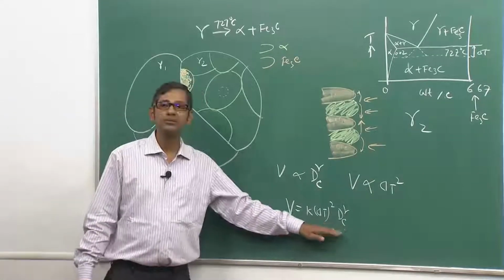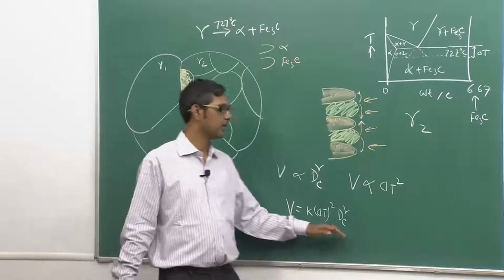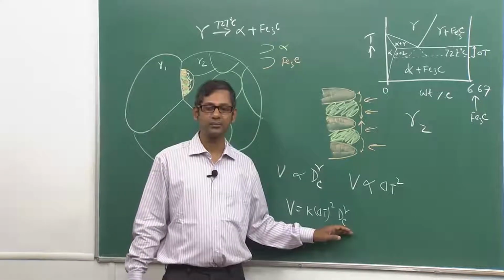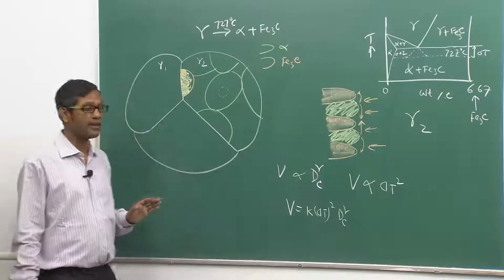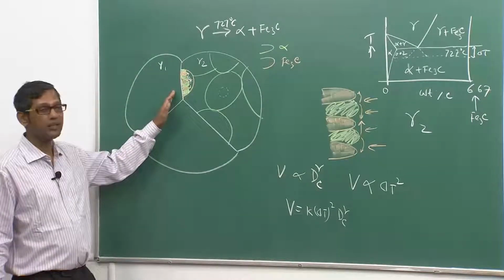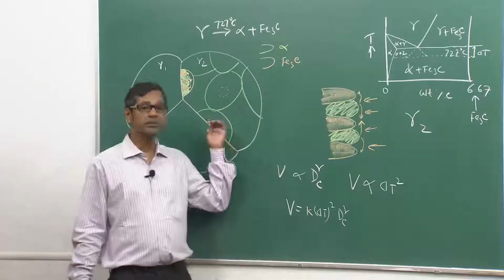as you quench from the high temperature directly to room temperature, the diffusion of carbon will not happen. Why? Because diffusion requires certain time. Although diffusivities of carbon are higher in the gamma grains, it still requires a finite time, and if we do not provide that finite time at higher temperatures close to 700 degrees Celsius, this transformation will not